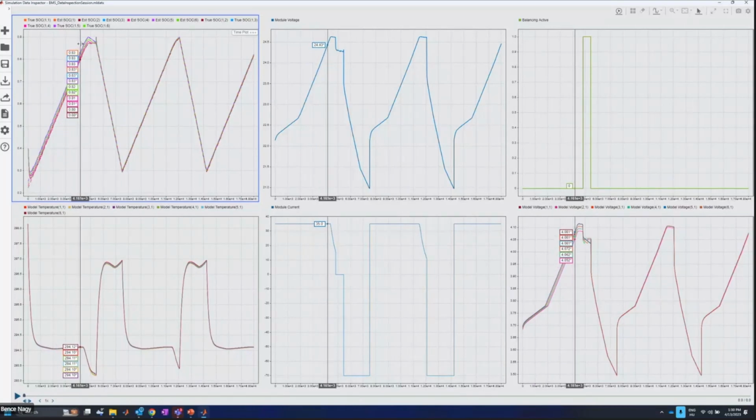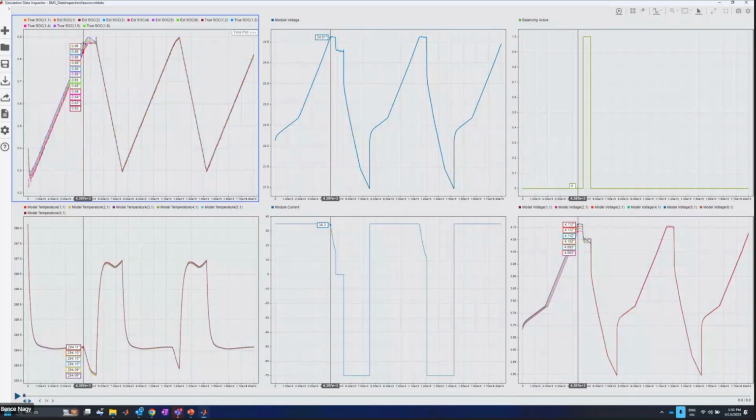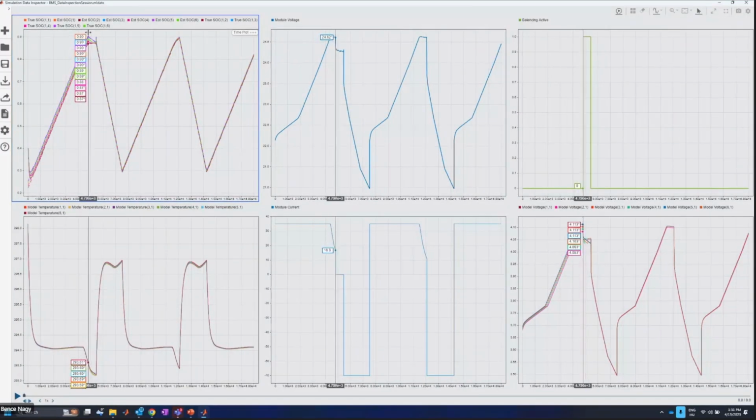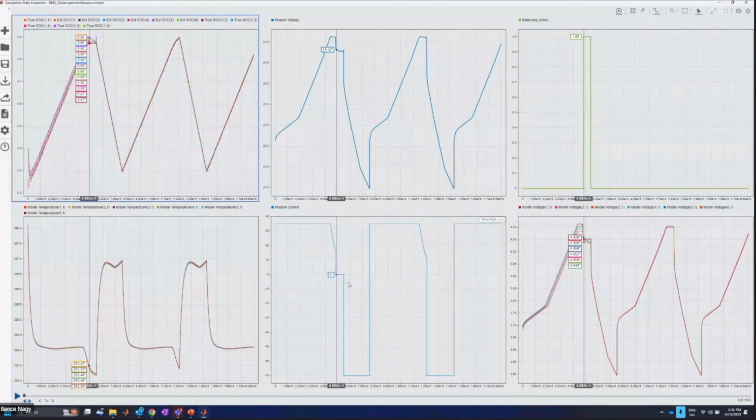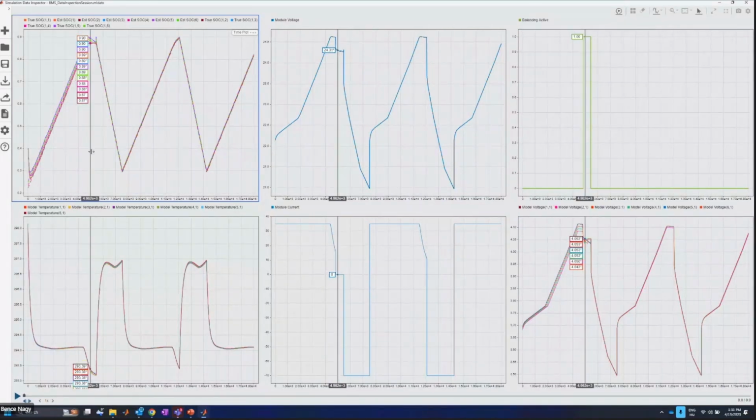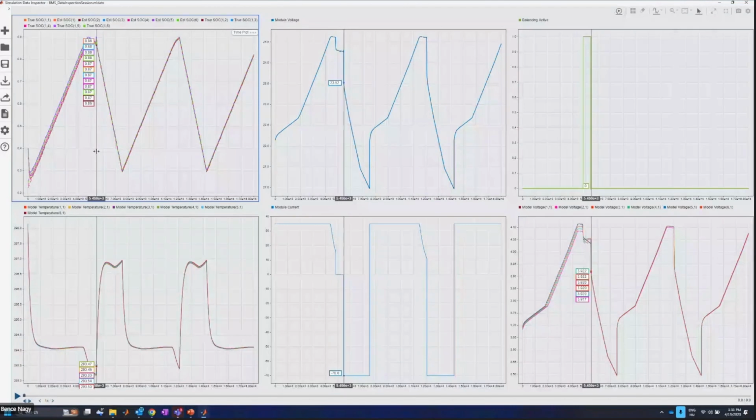And once we switch from constant current to constant voltage, the temperature of the module and the cell starts to decrease, and we continue the charging. And during the cell balancing, we have zero current. We draw no current from the battery, and we introduce no current to the battery, so we do the balancing. And once we reach the threshold of 0.5% for the state of charges, then we can start to discharge the